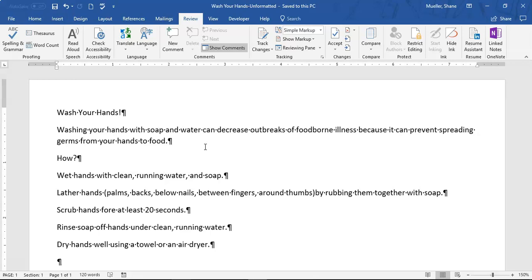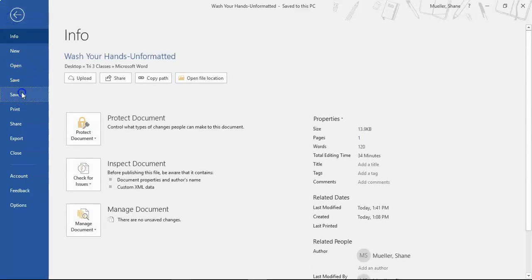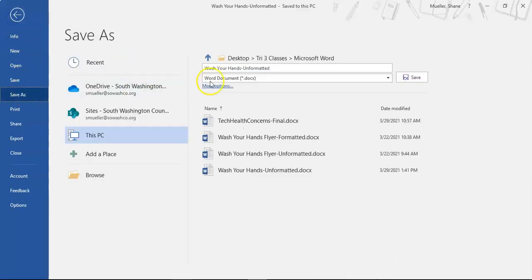So now that I've got it saved as unformatted, I'm going to do File, Save As again. And in the same location, so I can do right here, it says Desktop Try3 Classes Microsoft Word. I'm going to keep it in the same file, only I'm going to eliminate the word unformatted, and I'm going to call this one Final. So wash your hands Final,